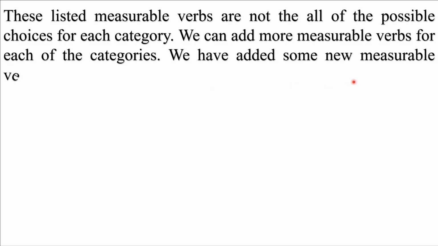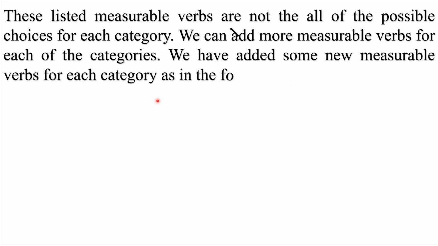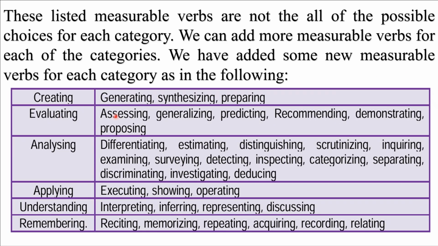We have added some new measurable verbs for each category as follows: creating, generating, synthesizing, preparing; evaluating, assessing, generalizing, predicting, recommending, demonstrating, proposing; analyzing, differentiating, estimating, distinguishing, scrutinizing, inquiring, examining, surveying, detecting, inspecting, categorizing,